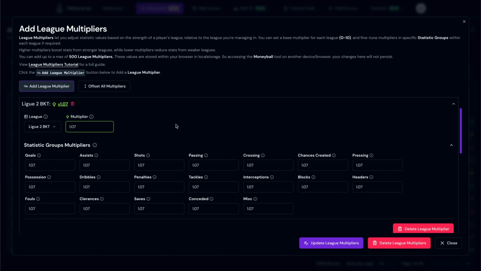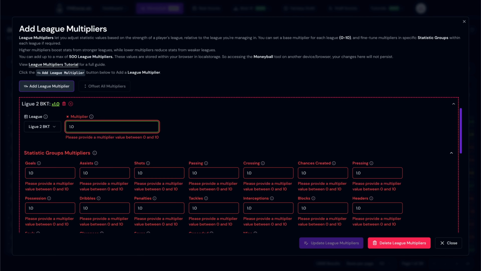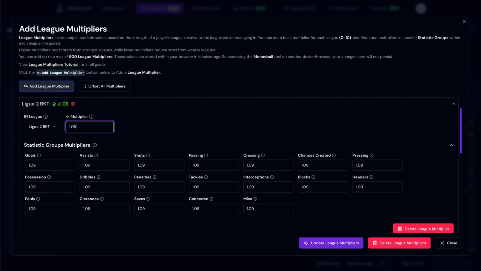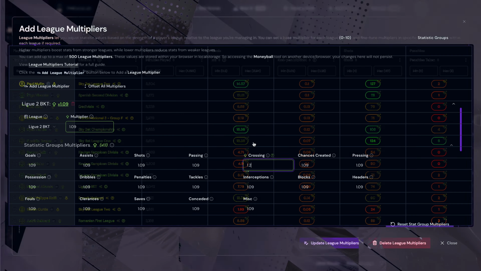Each of these groups get adjusted based on the multiplier you've set for that player's league. By default, the whole league's multiplier value gets passed down to all these stat groups. But you can tweak each stat group multiplier. Say, you reckon a league's crossing is better than what the base league multiplier would suggest. Additionally,